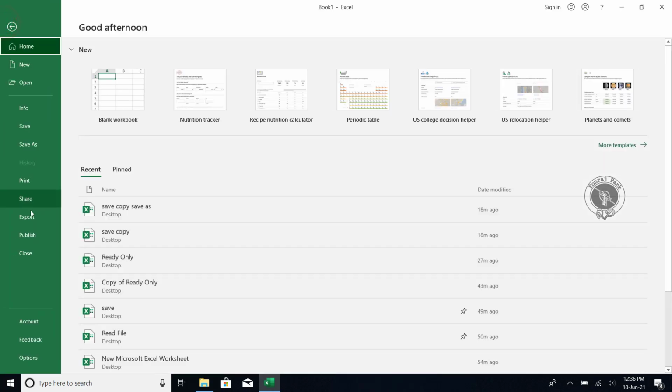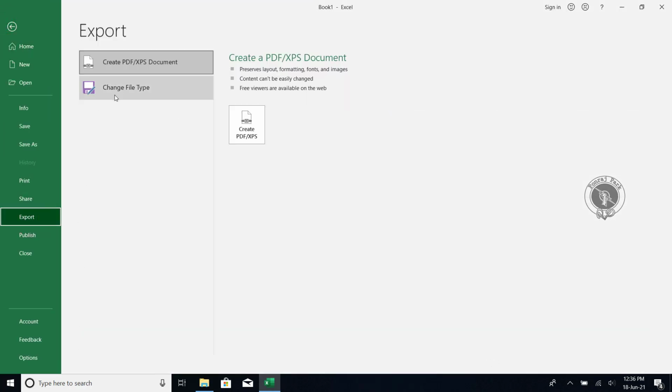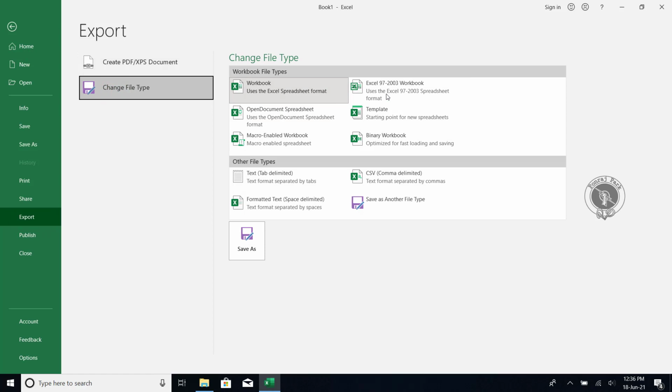So now we will move on to the next one, Change File Type. You can select which file type you want to use. Mostly, if some of your colleagues or friends have an older version of Microsoft Excel, you can save this file in the Excel 97-2003 Workbook format, which means they can open your current file.